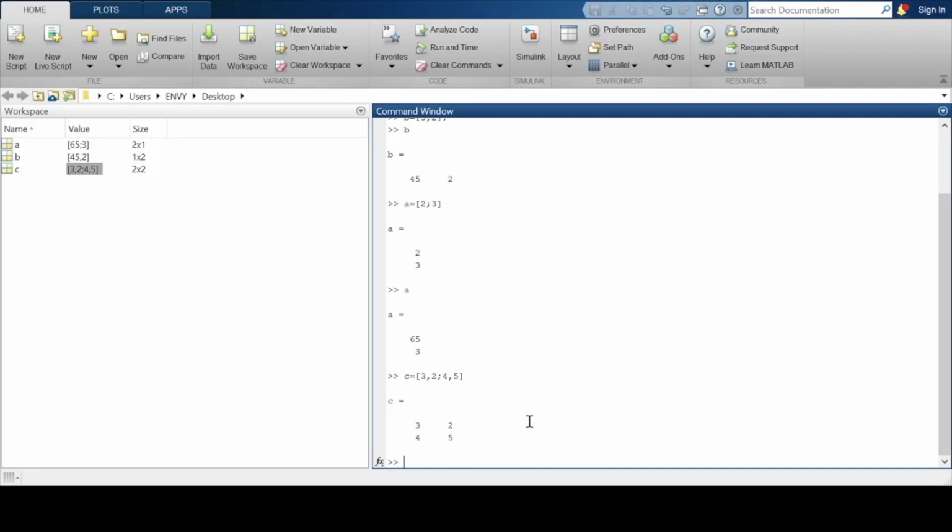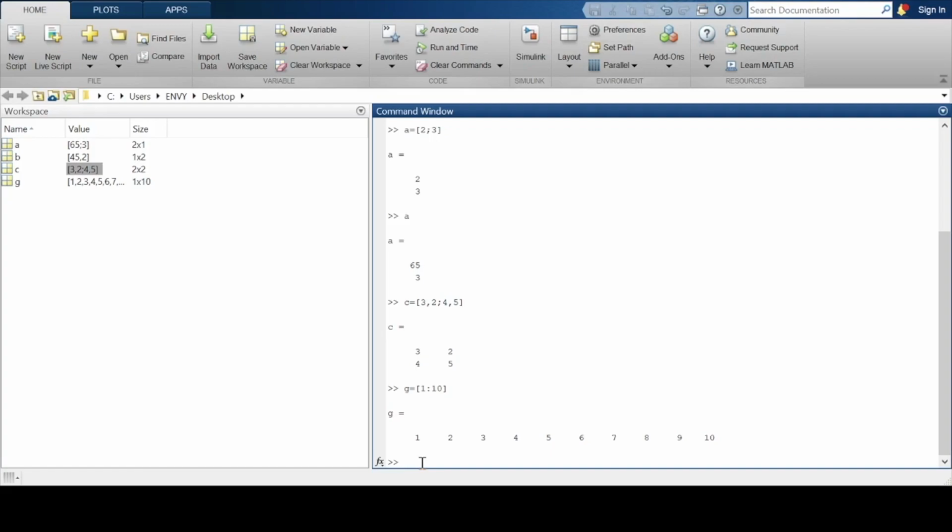Now what if you want to create a range of values? We see that by using the colon, we can create a range of values from 1 to 10. But we see that the default step is only 1, so we can't change it. So let's use another function called linspace.